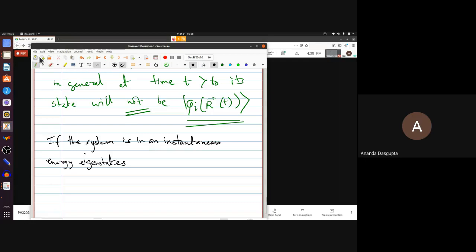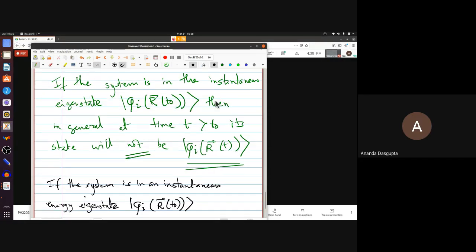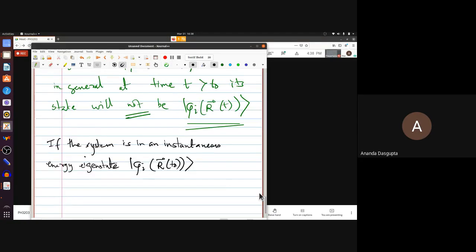Isn't an instantaneous energy eigenstate one of them? So the original statement, the statement I made just now, starts exactly the same way. If the system is in the instantaneous energy eigenstate phi i R t0 at t equal to t0, of course, this is the new thing, and the variation